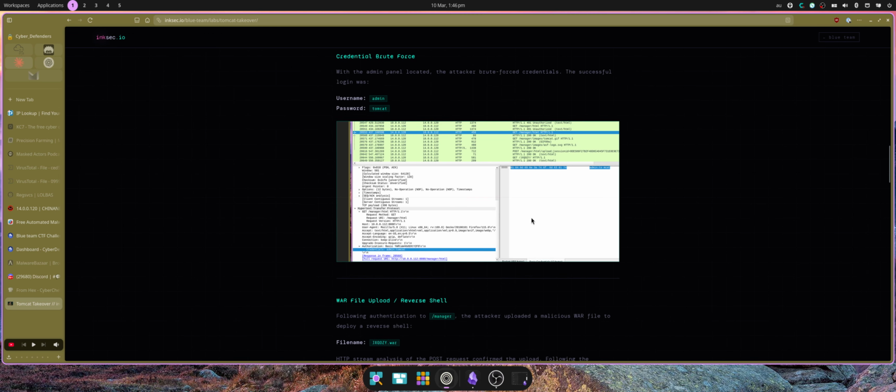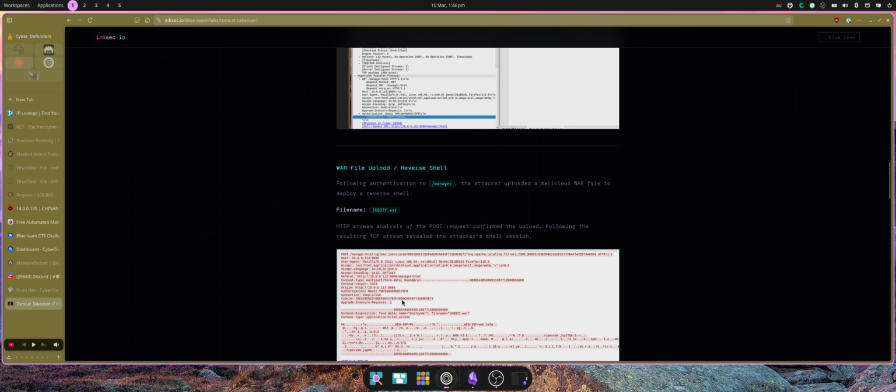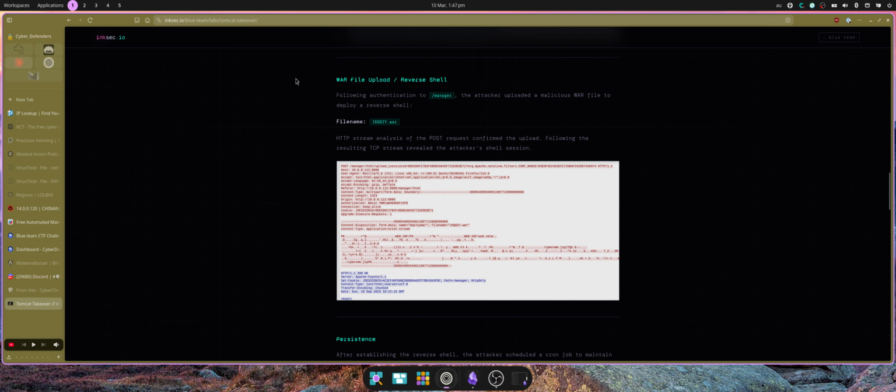Credential brute force, so we saw the login. I mean, this is everything we've already gone over. I'm just trying to show how I write it up on the portfolio site. The WAR file upload and reverse shell. So we've got that they authenticated as manager, and then they deployed a reverse shell, and that was the file